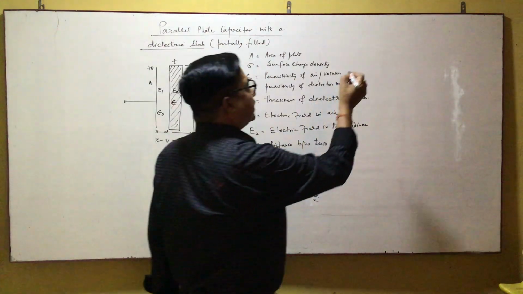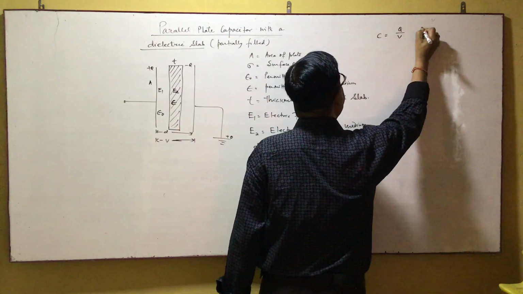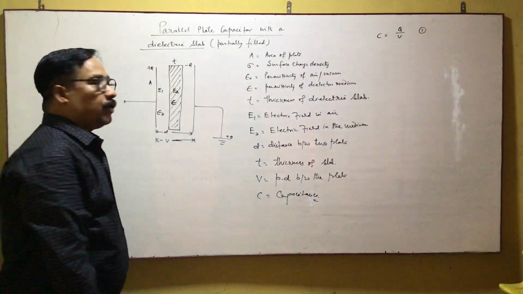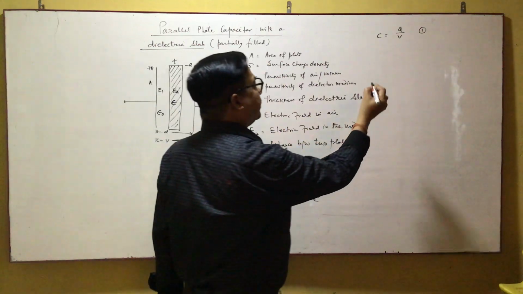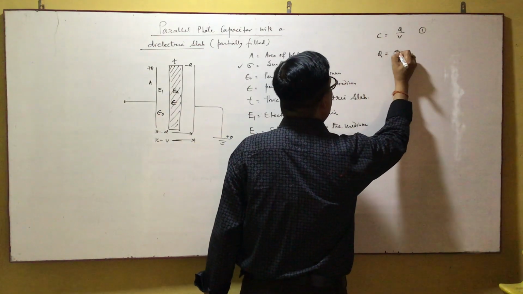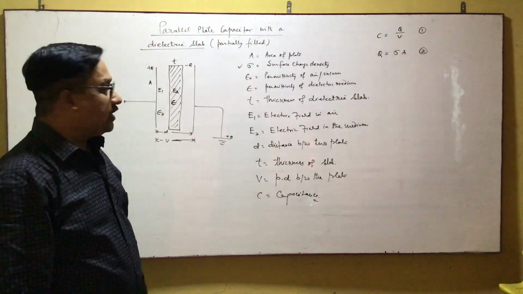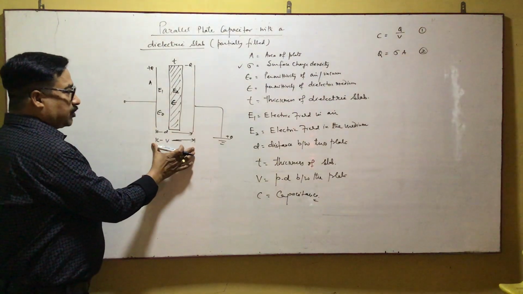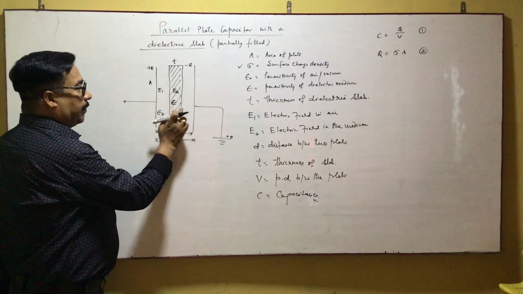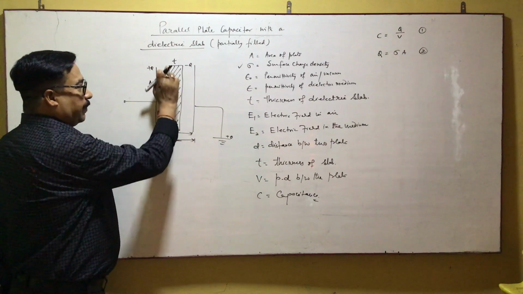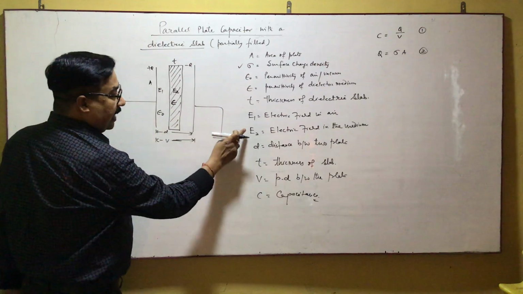As we all know, C can be obtained by simply taking the ratio of Q and V. So our aim is to find out Q as well as V. By using the concept of surface charge density, Q can be written as sigma into A. So we know Q now. Now the main aim is to find the potential difference between these two plates. The space between two plates is occupied by two media, one is air and one is that medium, and the two media have different fields, E1 and E2.